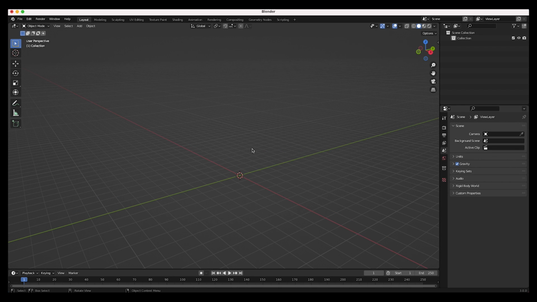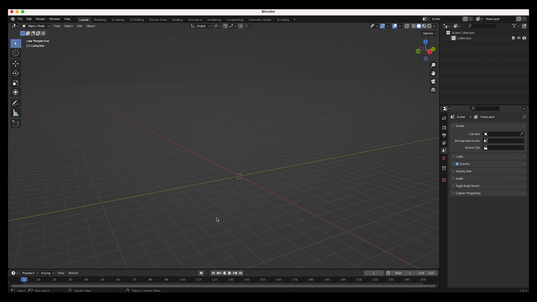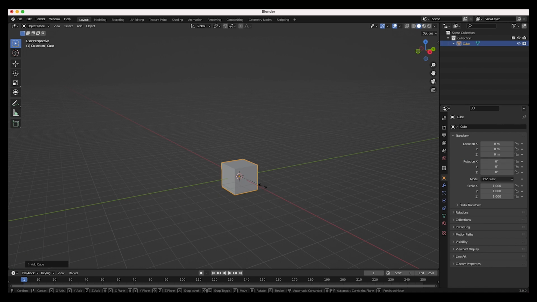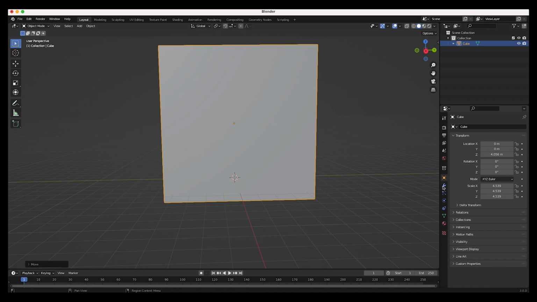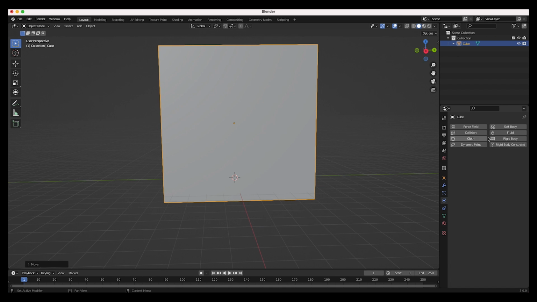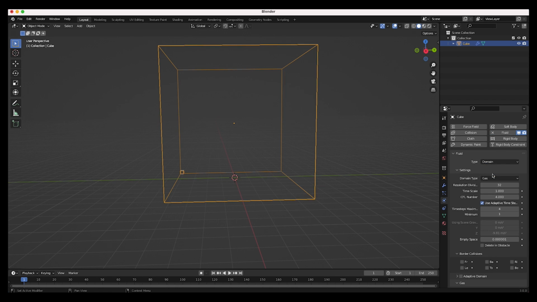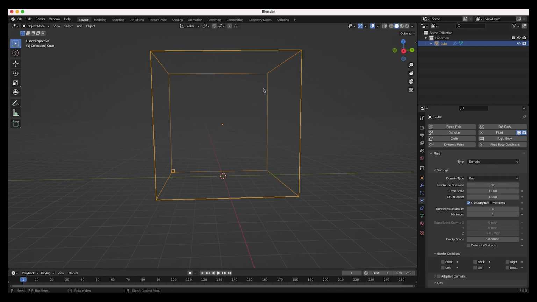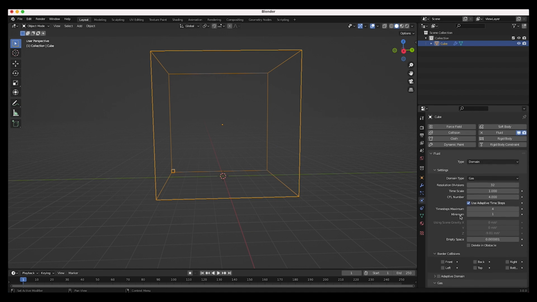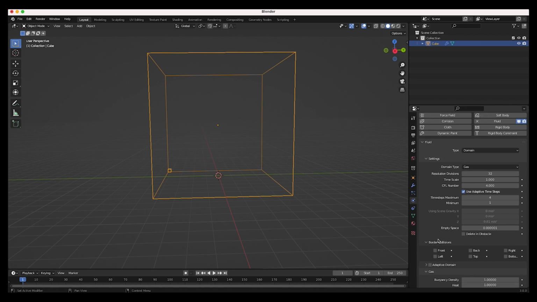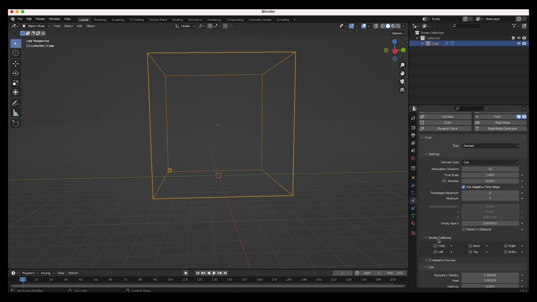However, if you don't have the KHAOS add-on and you want to create these two things, I'll show you how to do it real quick. Let's go ahead and press Shift A. I'll go ahead and add a cube, scale it up here, and I'm going to use this as our domain. So I'll go to our physics properties tab here, add a fluid property here, change the type to domain. And now we have a domain cube that we can simulate within, and we can change our resolution divisions and all of our different settings here according to the style of simulation that you want,